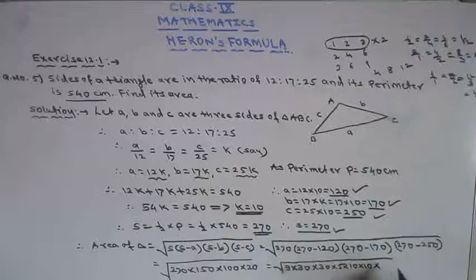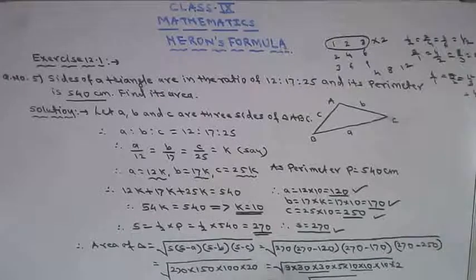Okay, then 20 means 10 into 2. So this is equals to, I can take this 10 into 10 common, 30 into 30 common. Okay, write down. This is 9, I can also take square root, 3 into 3. This 9 is 3 into 3. 30 I have taken common. 5 into 10 can be written as 5 into 2 into this 2.